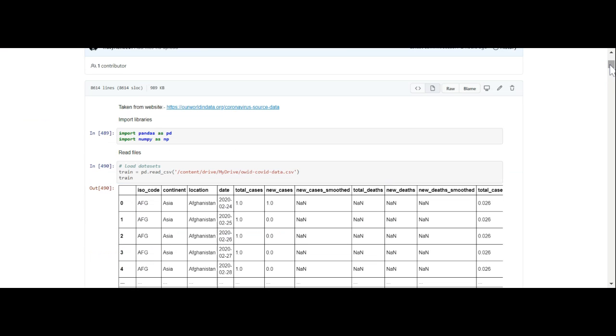I've got my data set off of the website Our World in Data, and it's a downloadable CSV file about all of the data for all of the countries on this planet concerning COVID-19. But the thing is that this data set is updated daily.